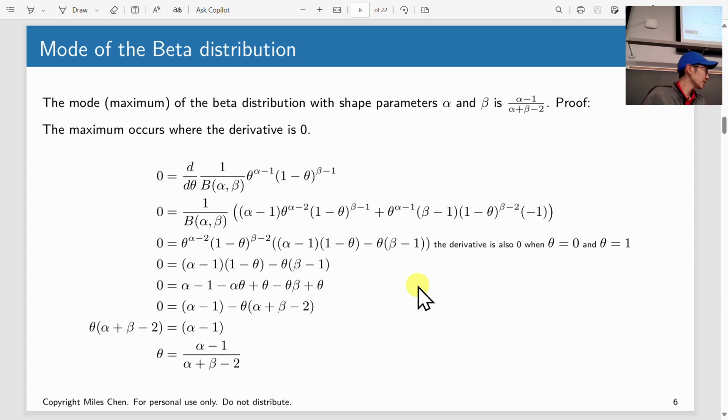The mode is basically where the peak is. Where's your peak? And that's going to be found at this location, alpha minus 1 divided by alpha plus beta minus 2. And so the way we calculate the mode for the beta distribution is we're going to take the derivative of the beta distribution with respect to theta. We're going to find where that derivative is equal to 0, because we're looking for the maximum, and then we solve for that. So here I'm going to take the derivative of the beta function here,